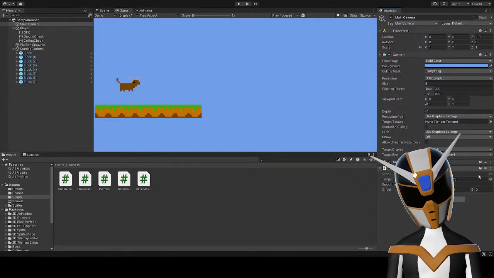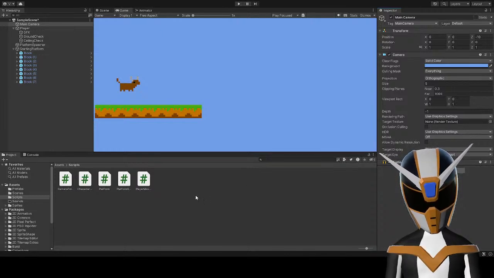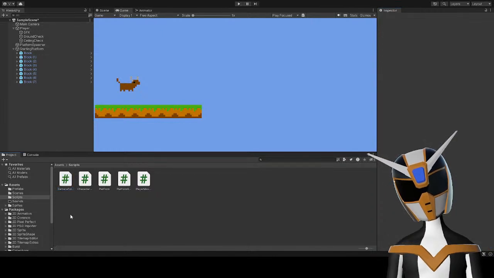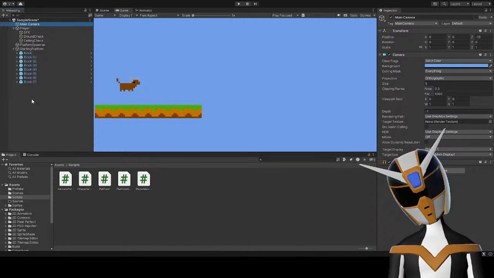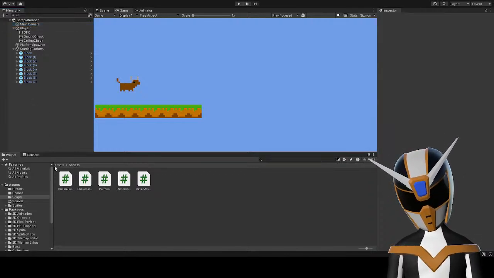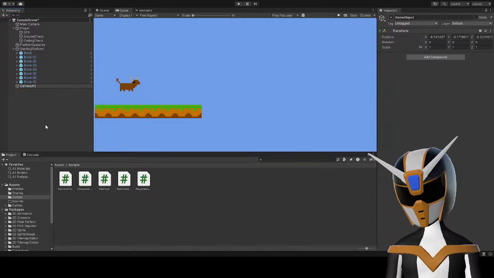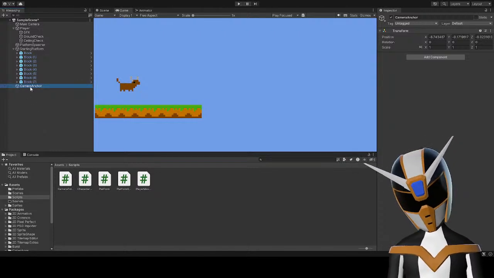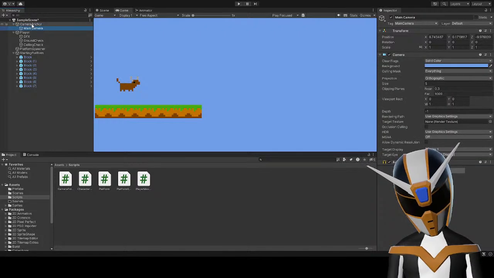Okay, you know what? Forget it. I'm not gonna use this script. Not right now, at least. Maybe I'll try to get it working later. What I am going to do is have a camera anchor. I'm going to need this because I want to add camera shake later on.